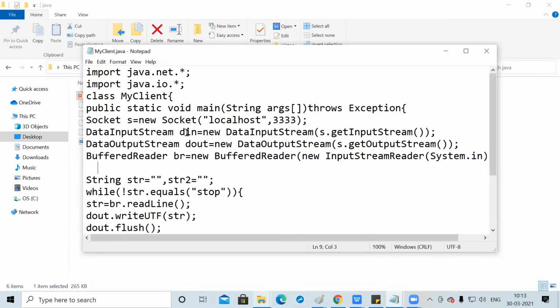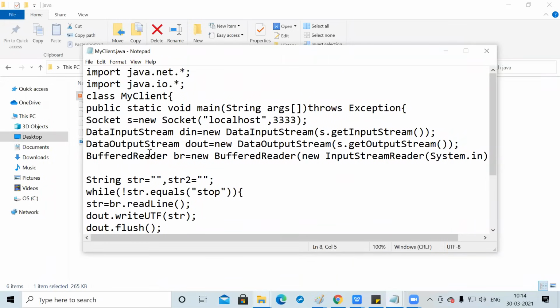With the help of this din object, we are creating a new DataInputStream with s.getInputStream. DataInputStream is used to read the data which comes from getInputStream. Whatever is coming from the server, it gets from getInputStream and reads it through DataInputStream. DataOutputStream is dout. This dout object converts from object to stream and sends to the server using new DataOutputStream with s.getOutputStream.